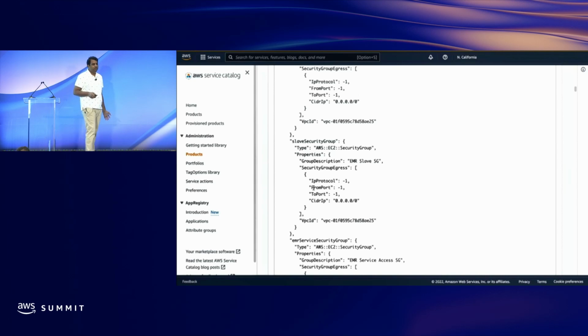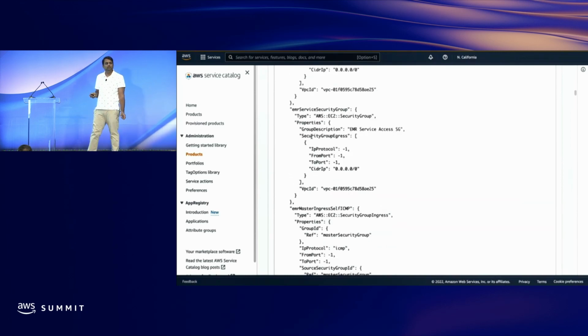All these different configurations are guardrails that an administrator cares about a lot, but we don't want data scientists to spend a lot of time thinking about, okay, what VPC am I supposed to select? What security group am I supposed to select? We don't want organizations to train data scientists on these specific infrastructure topics. So these parameters that are not of interest to data scientists can be completely abstracted away by your DevOps engineers, and data scientists can only focus on the parameters of interest for their ML model.